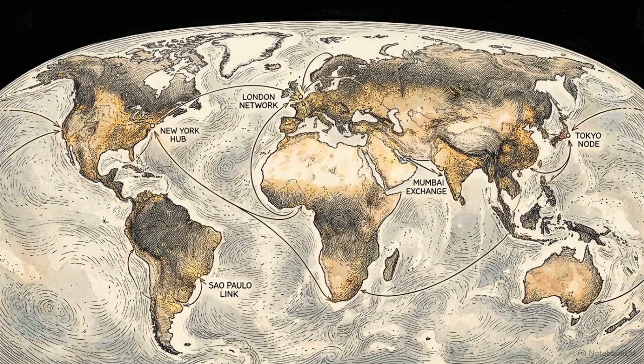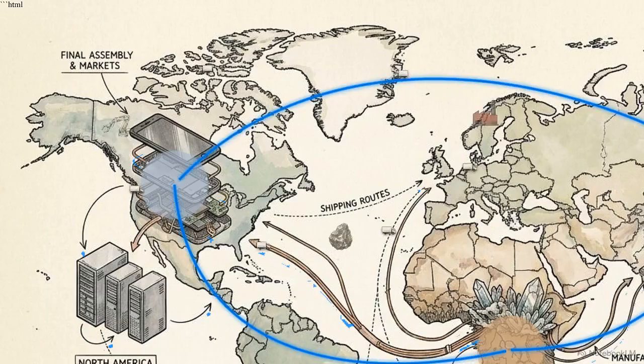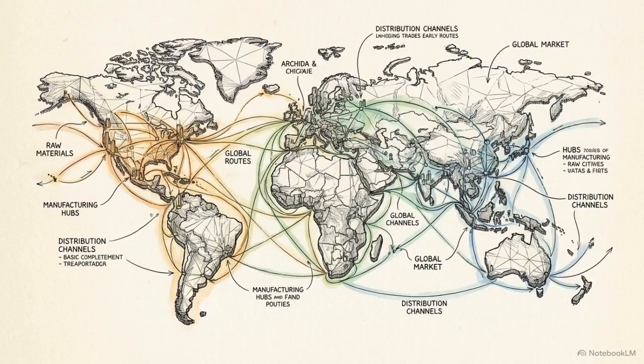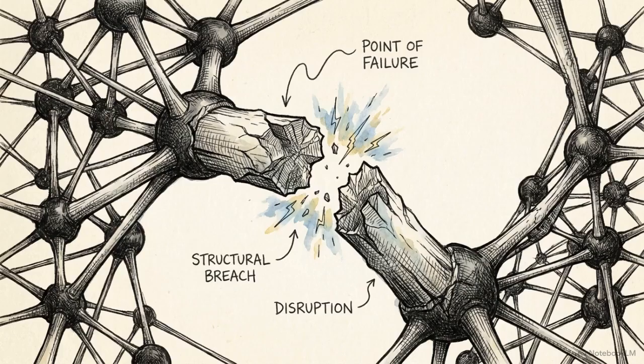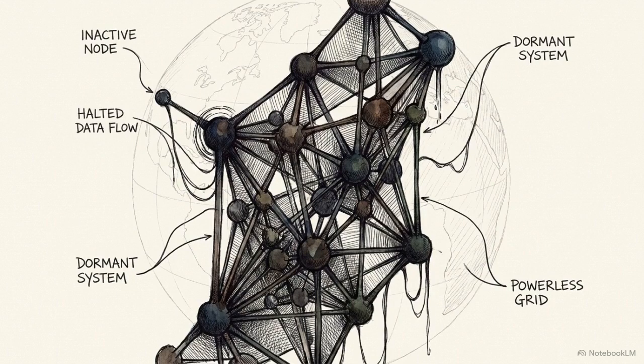Modern production is physically distributed across thousands of miles. A single smartphone relies on an interdependent network of raw material sources, labor hubs, and assembly plants. This geographic interconnectedness makes the global economy vulnerable. If a single port closes, it halts the flow of components and stalls production worldwide. Production is now a fragile global web. A failure in one isolated location can ripple through the supply chain and halt economic output across the planet.